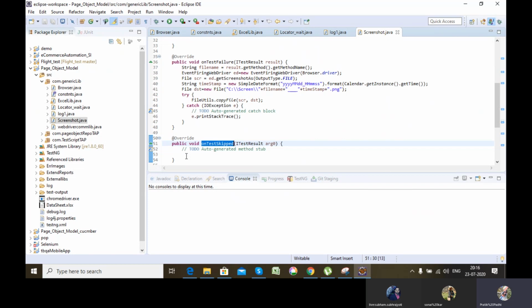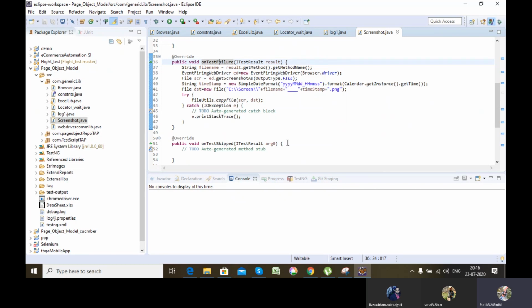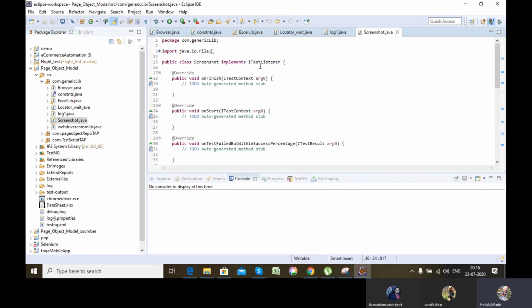It has already given us the methods and the method names. According to the method name, we can understand which method will be executed when. So you need not worry, TestNG has implemented it by itself. What you do is inherit the ITestListener interface using the implements keyword and redefine the methods which you want to redefine accordingly. Okay.